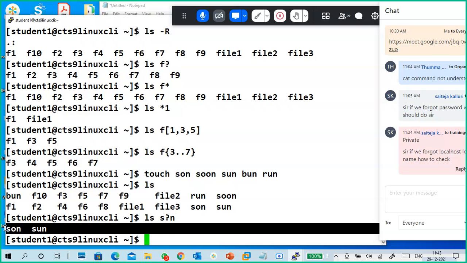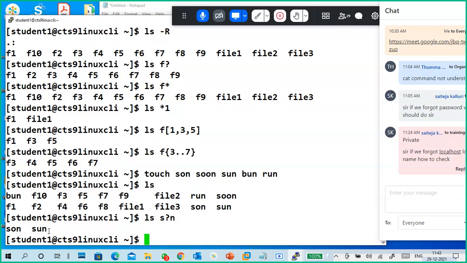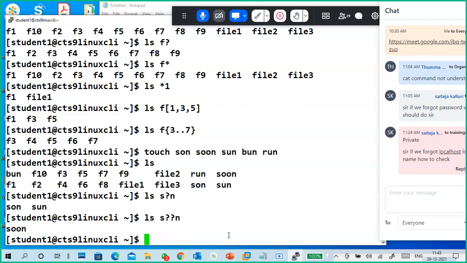What is it displaying? Example, if I put like this, what is the expected output? Each question mark means a character, so two characters in between s and n, s and n.